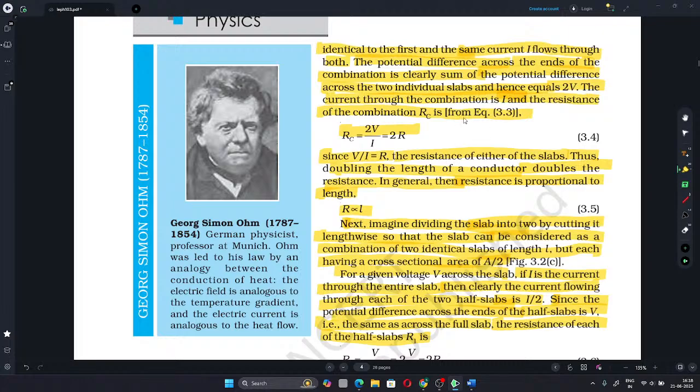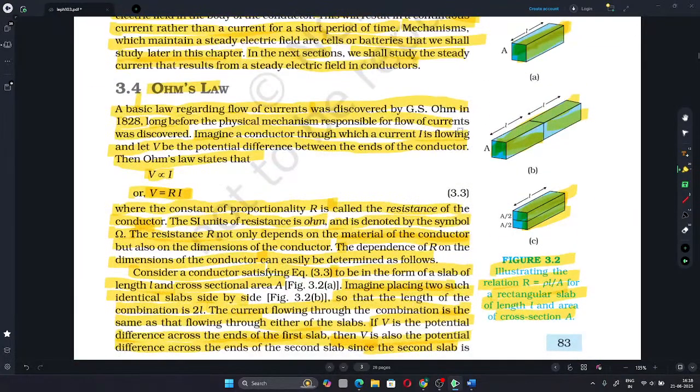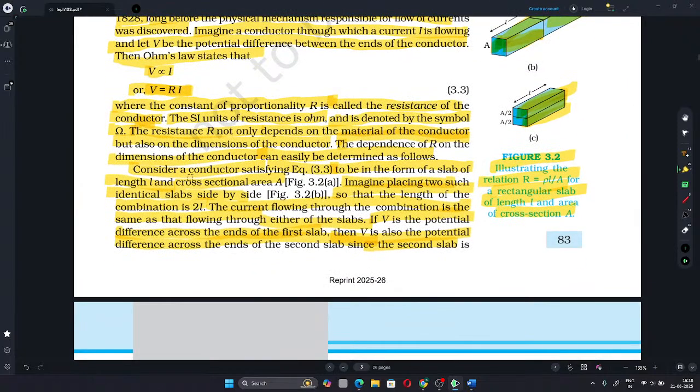Yes, let's read the paragraph again. Ohm's law, a basic law regarding the flow of current, was discovered by G.S. Ohm in 1828, long before the physical mechanism responsible for the flow of currents was discovered. Imagine a conductor through which a current I is flowing, and let V be the potential difference between the ends